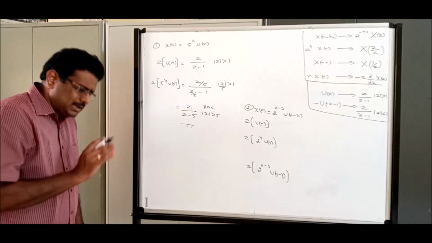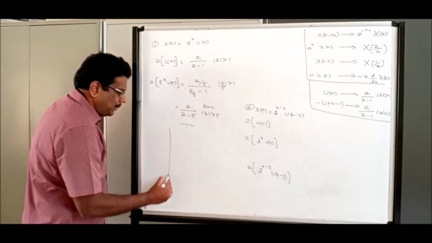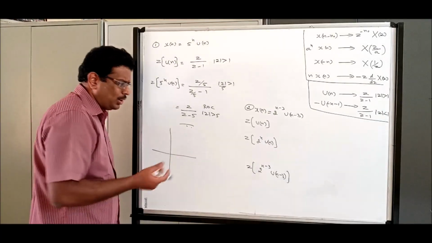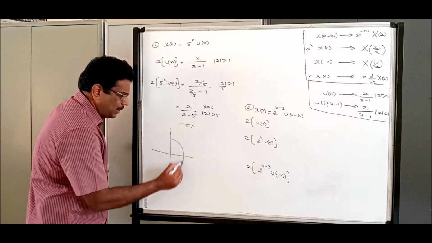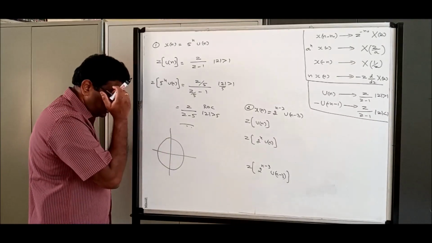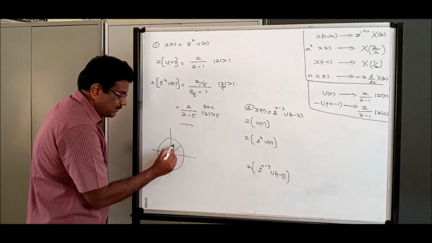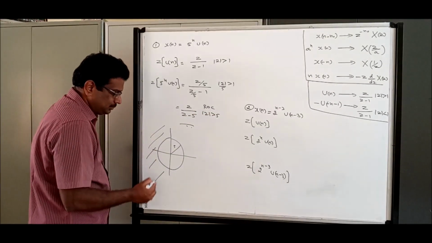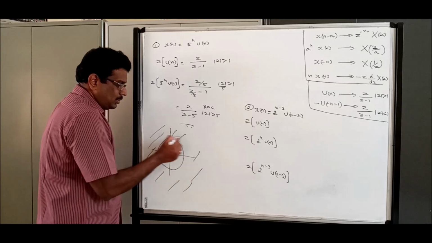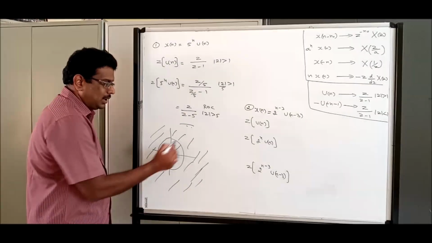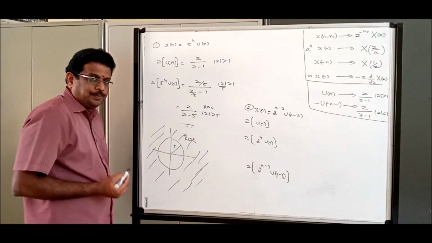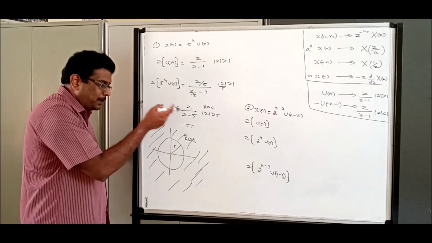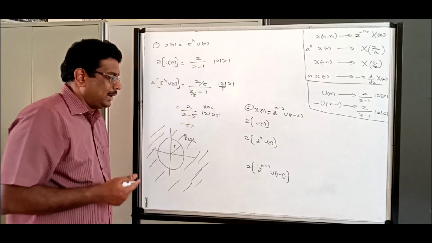Strictly speaking, for every problem, you should draw the ROC, but I will show it for one particular problem. Just draw the circle whose radius is 5, and the region is greater than, outside. That's all. Okay, please do remember that. Who is the ROC? Carefully listen. Later I will teach you how to do poles and zeros. That we will do later.